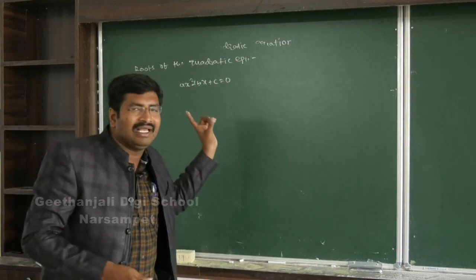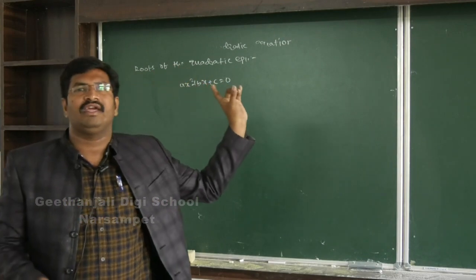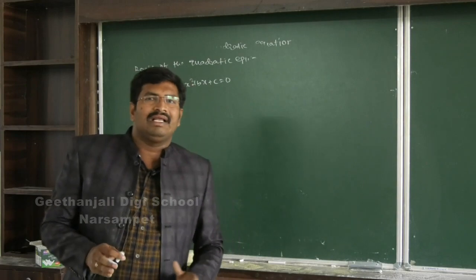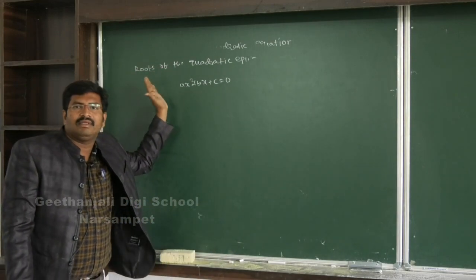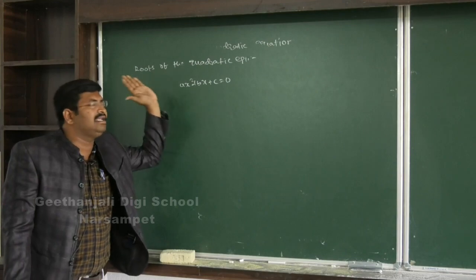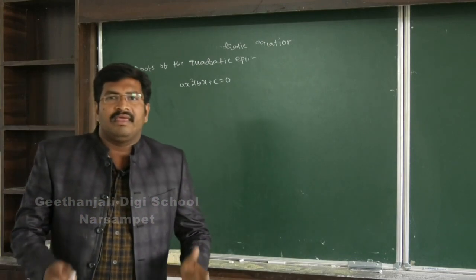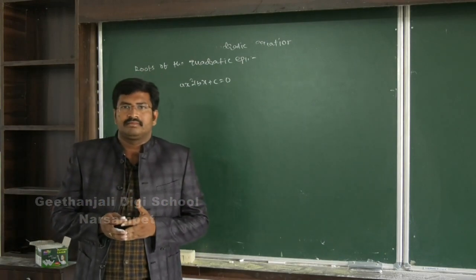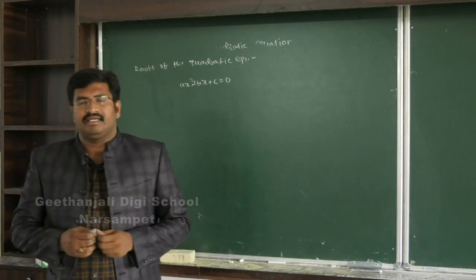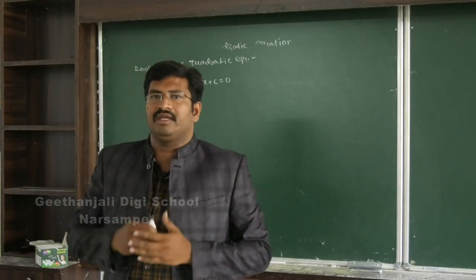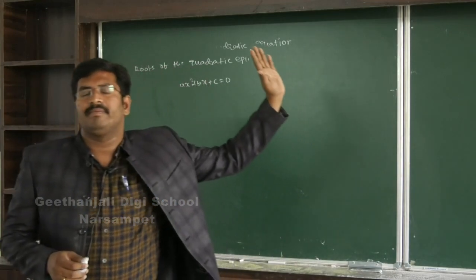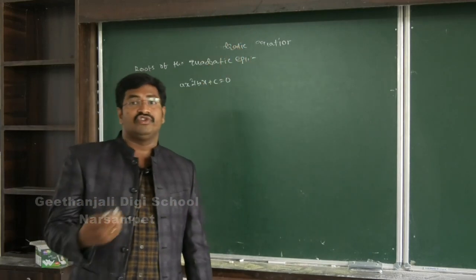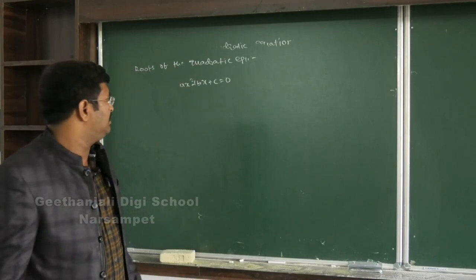Now we will learn how to find the roots or solutions of the quadratic equation. There are three ways of finding the roots of the quadratic equation. The first one is the quadratic formula. The second one is by using the factorization method. The third one is the perfect square method. Also you can use the trial and error method, and you can also find the roots by using the factor theorem and remainder theorem.